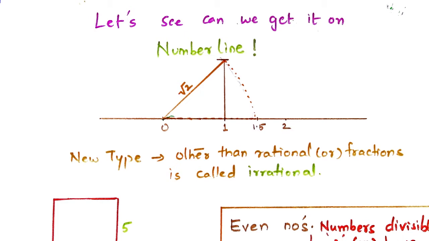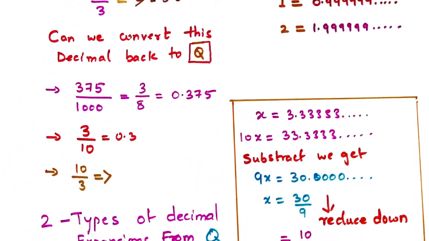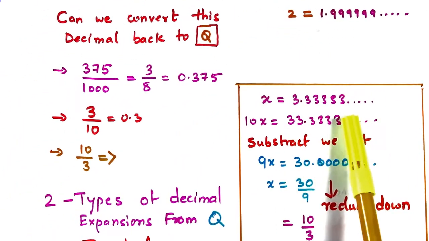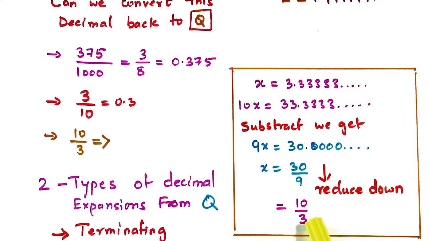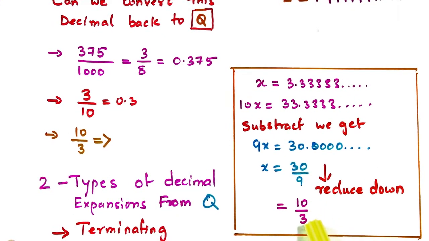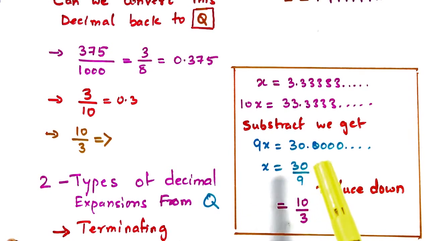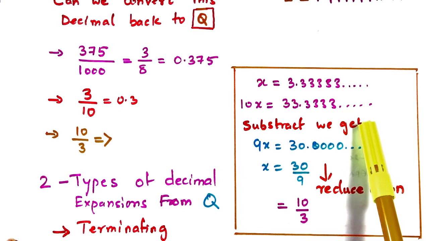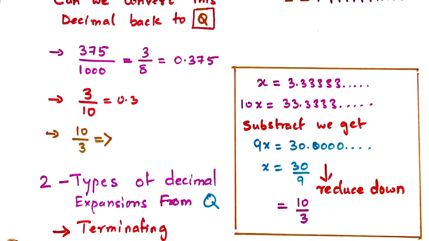So if the numbers are getting repeated, we can do some calculations over here, and we come across this fraction. But if the numbers are not repeating and they are going on indefinitely, and still